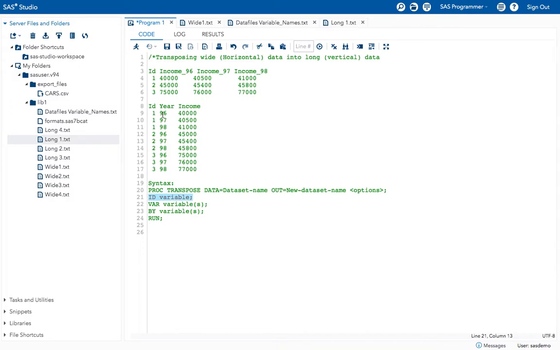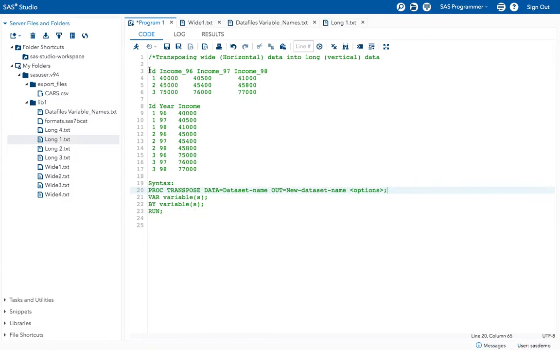See, these are the data values, right? These are called observations or data values. When these data values convert into variable names, in such a case we use this id statement. Here in this case we don't use this statement. That is the only change here when compared to the earlier transposing procedure, which converts vertical data into horizontal data.